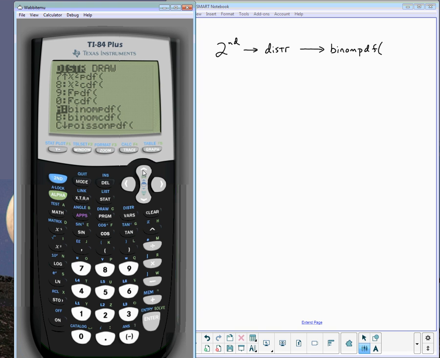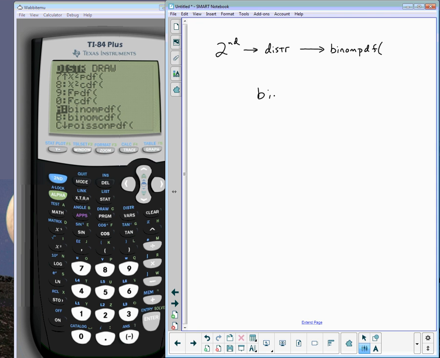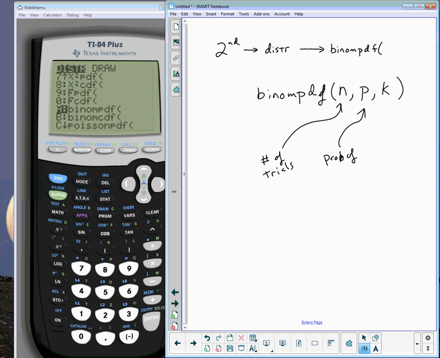The format for it is, and here we have n, the number of trials, p, the probability, and x being 2, or 2, excuse me. In this case, we talked about it as k. So